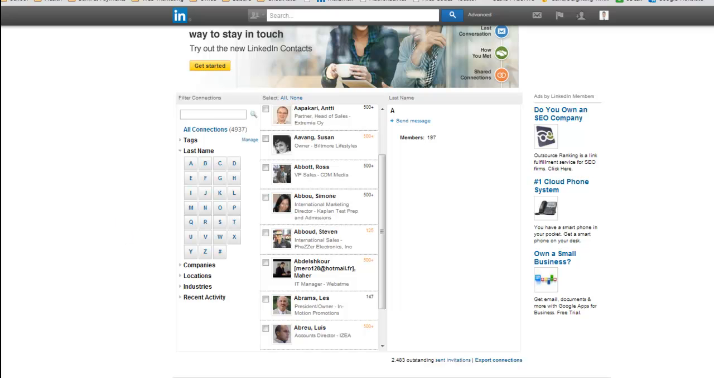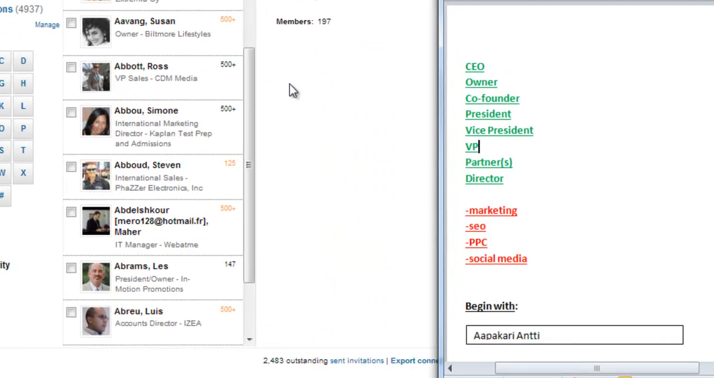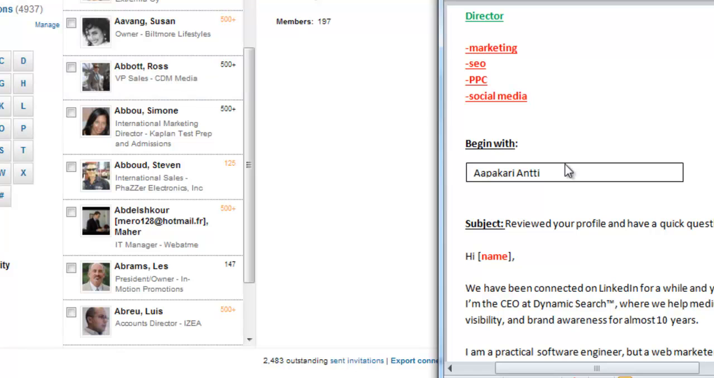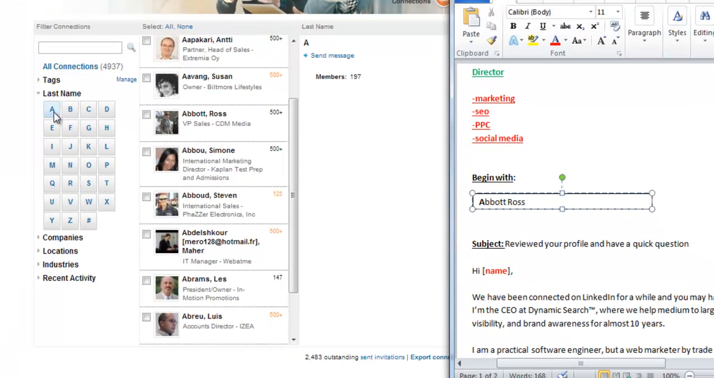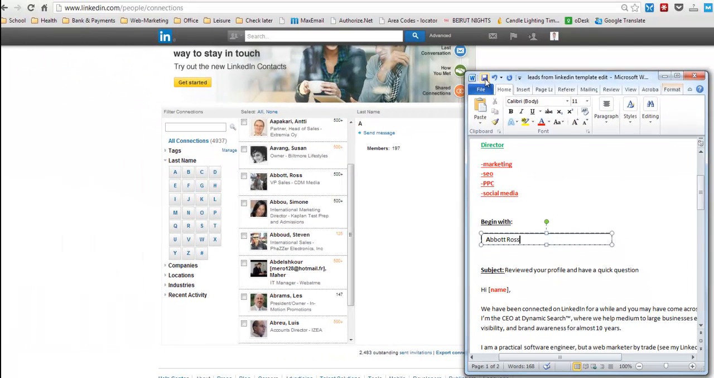Don't forget, before you finish this task, every day you're going to put the name of the next prospect that you're going to start with the day after. In this case, it's Abut Ross. And this is the letter that I'm going to look for tomorrow when I continue with this task, A. I'm going to save that file